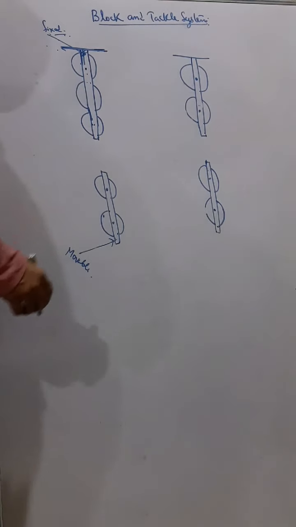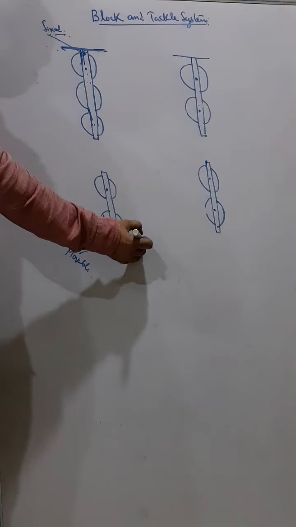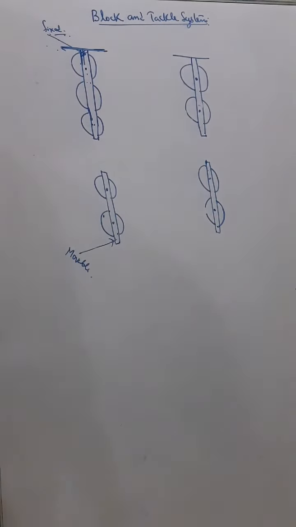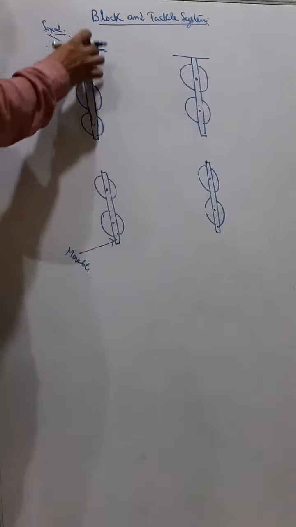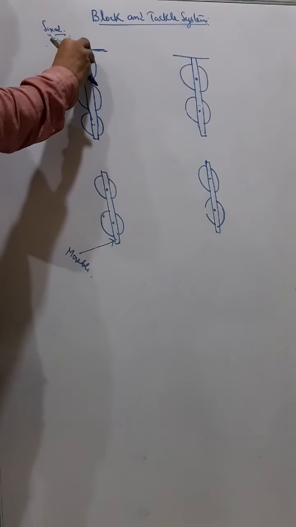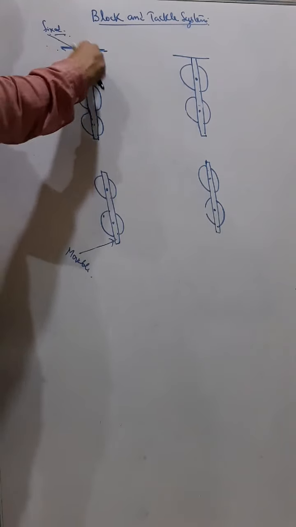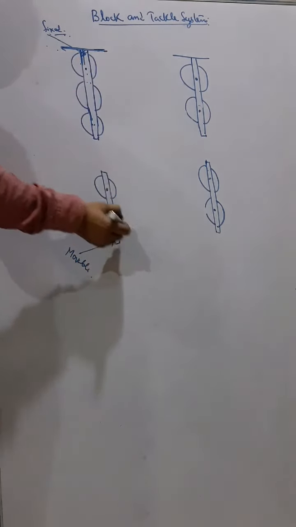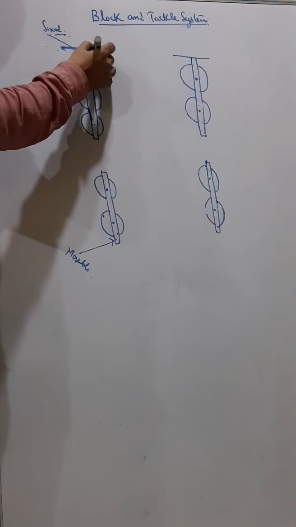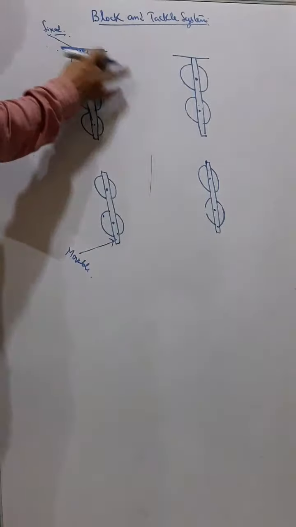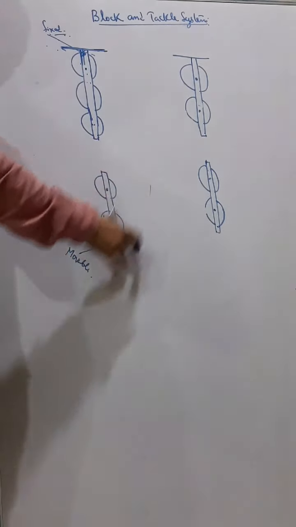we'll fit the strings. Now generally we'll fit the string. Now first of all, I am doing this free hand. I don't have so much time for drawing with a compass, but during examination you should draw this diagram properly. Either use small coins or use compasses, and use the ruler to draw the strings. Okay, the string should be straight. Okay, not like this. It should be straight. Okay, so now see how to fit the strings.